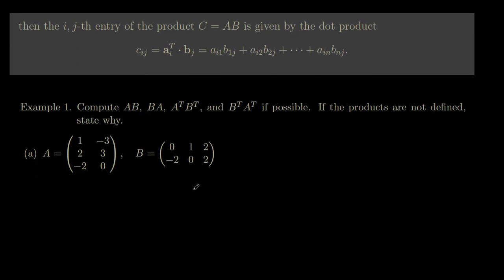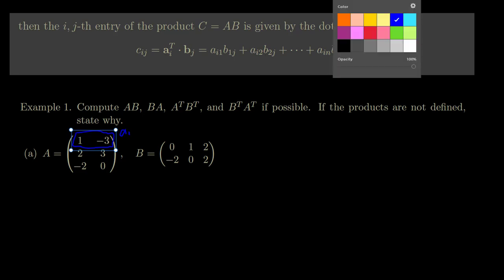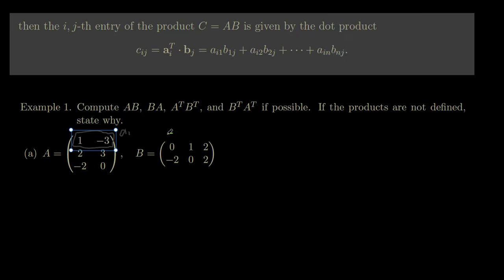Okay, so firstly, let's grab this row. A1, that's following the notation that we had in our formula. And let's call this other one B1. So now the matrix C,